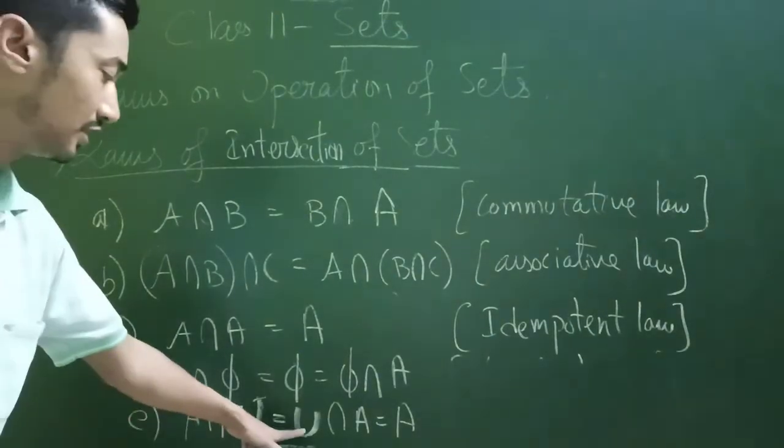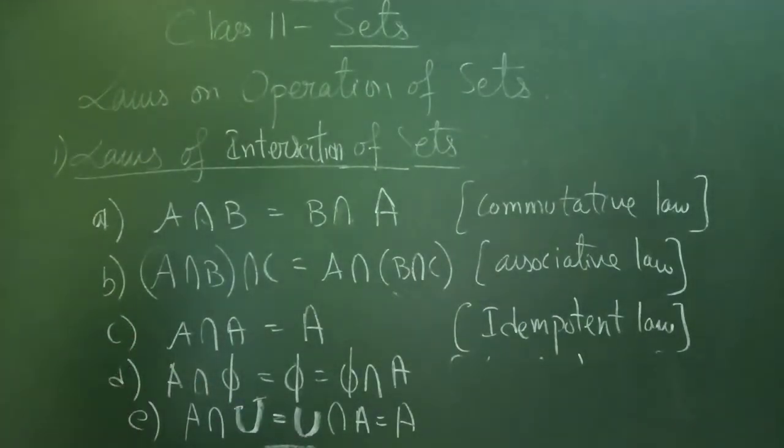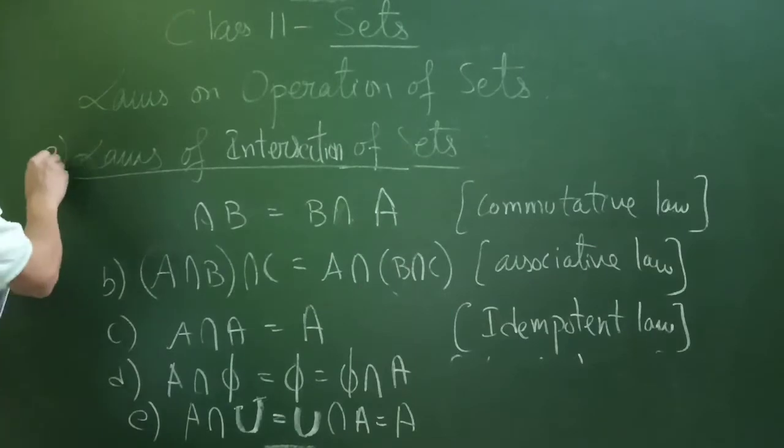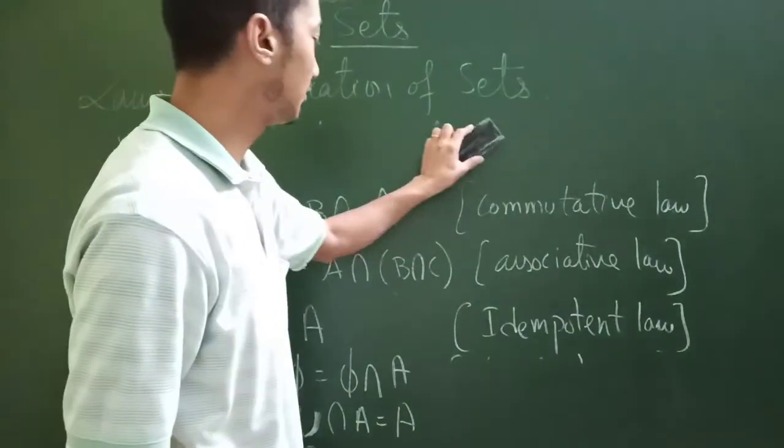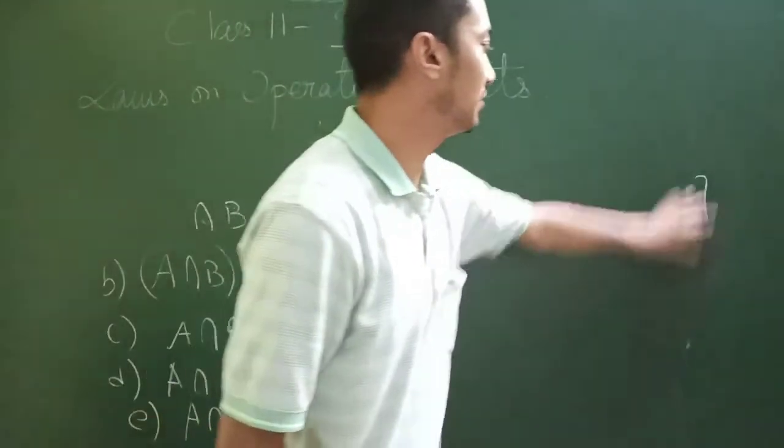Remember, this one represents the universal set. The universal set is the bigger set. Okay, so then that's fine. That was the second one, no? Then of course we have another one